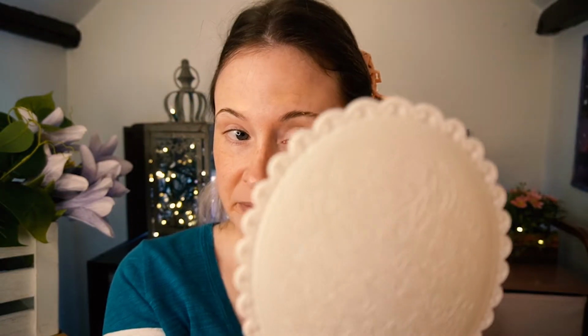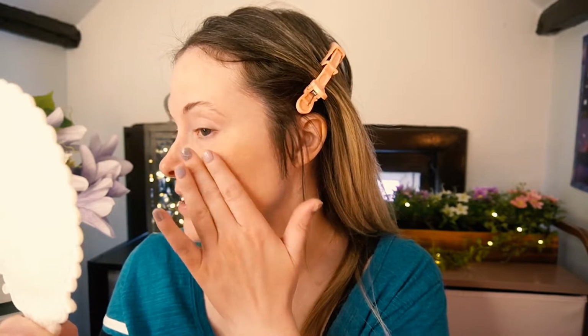You just apply it with fingers, right? I think it's nice. I do think it's nice. Is it the best primer I've ever used? Or would I go as crazy about it as some people do? No, but to be honest with you, I have a feeling... Let's see how the makeup goes on over it. But I have a feeling...